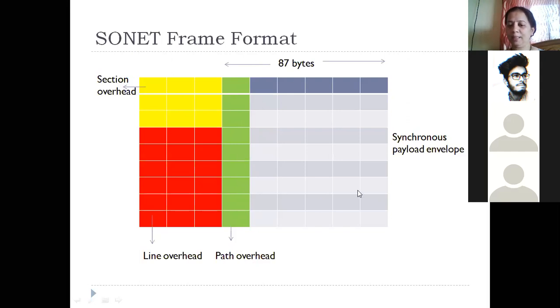And then comes the remaining part, which is shown in blue and gray color, the remaining bytes in this array. That is called the synchronous payload envelope, SPE. And that contains the actual data which you want to move from the source to the destination. So the blue color part, whether it is light blue or dark blue, all blue shades, the remaining 87 bytes. 1 byte, the whole column, will be taken up by path overhead. So 86 actually. The remaining part of that SONET frame format is called the synchronous payload envelope, and it contains